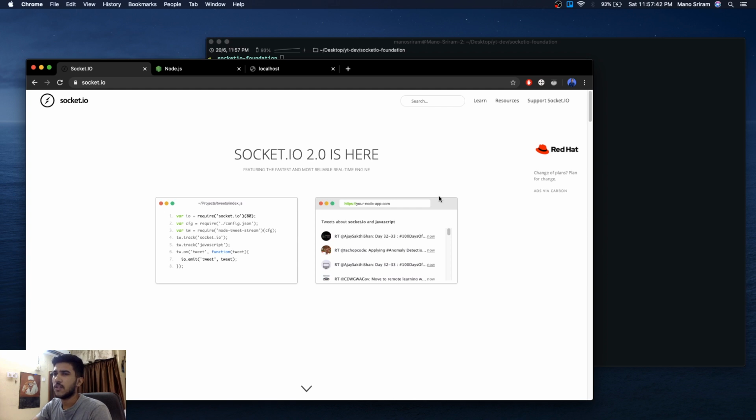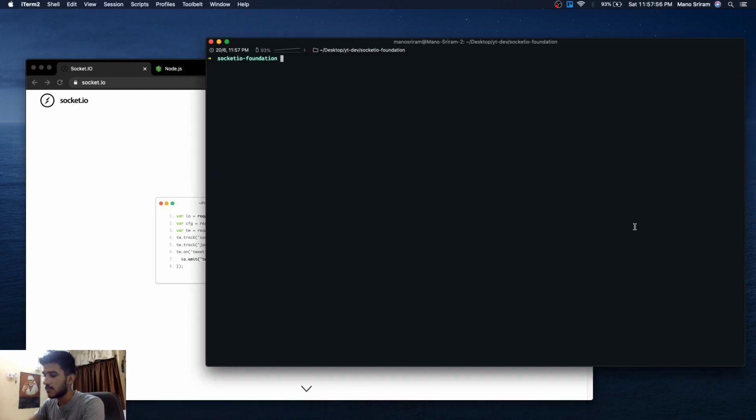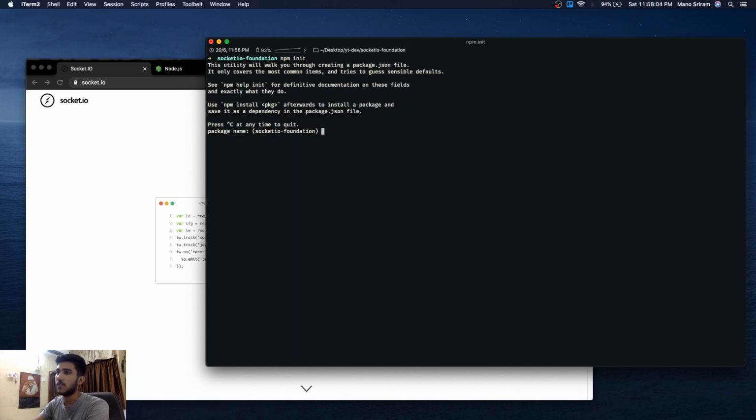So today we'll be building a simple typing app in which multiple users can type simultaneously, and we'll be using Node.js for that here. And okay, so let's get started. So first we need to install. Before installing, we need to initiate the npm packages. So we'll do npm init, and I'm going to say yes for everything.